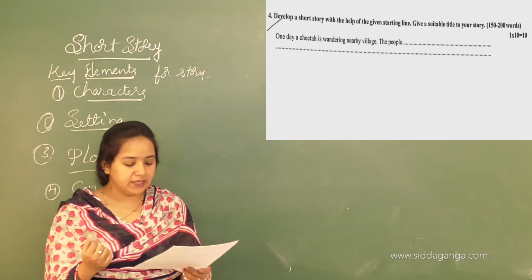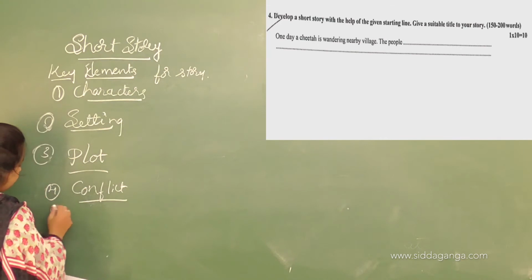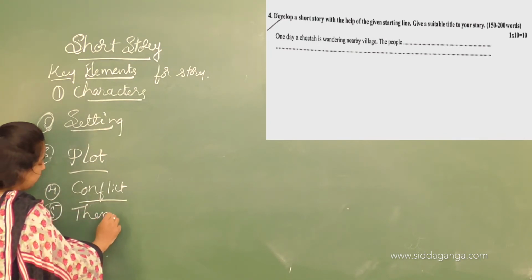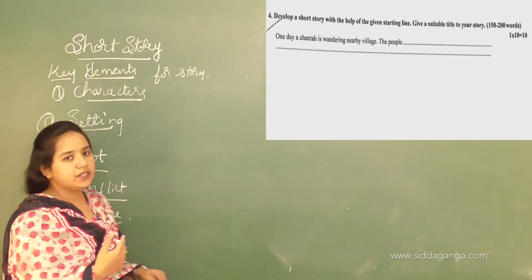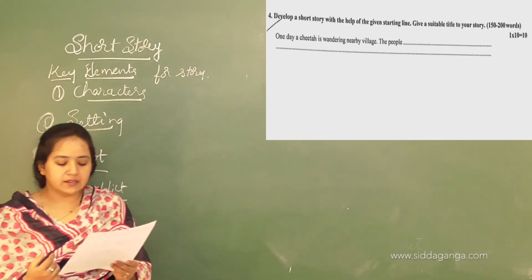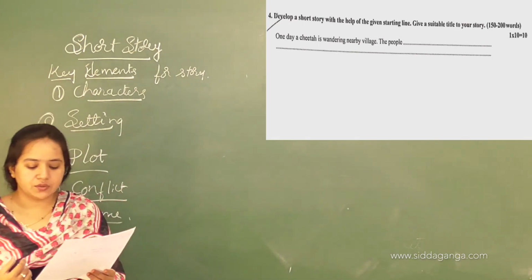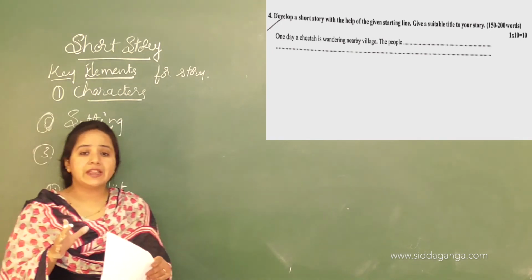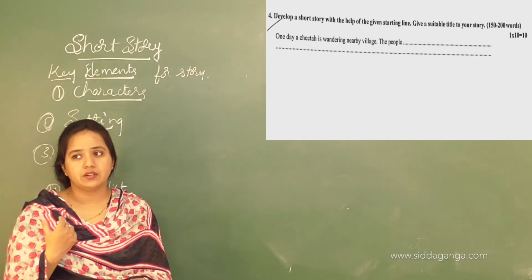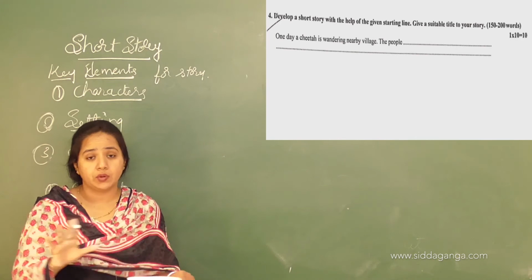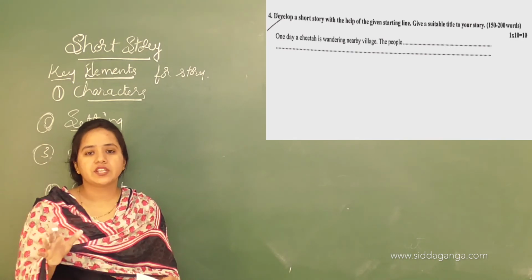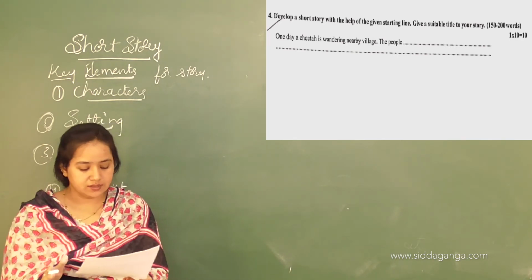And the next is the theme. All these things are very important when you create a story. The central idea or main belief of the story is the theme. So you will get the message from the story. When you write the story, you will get the central, overall theme. So what is the story based on? This is the theme.